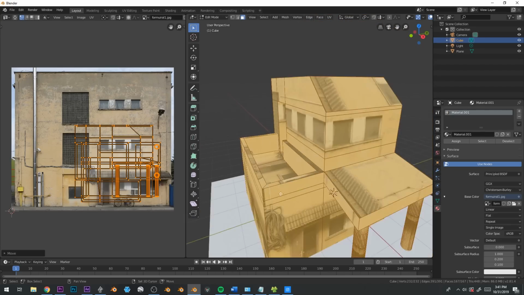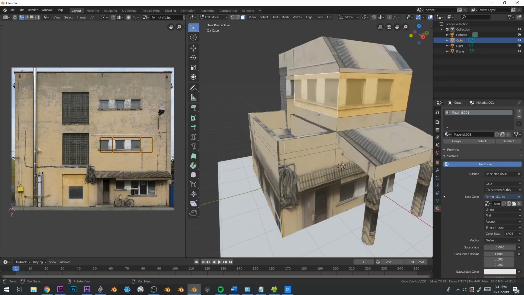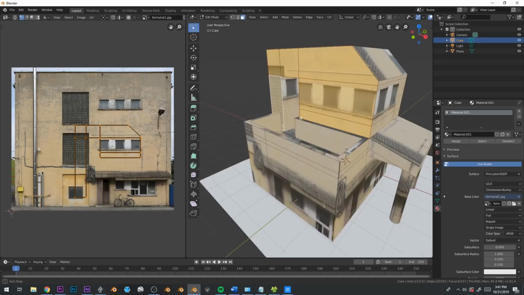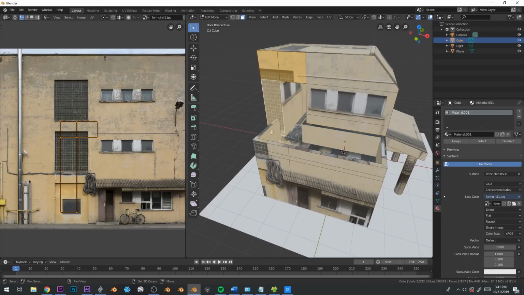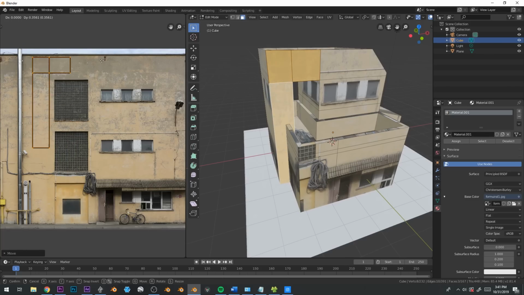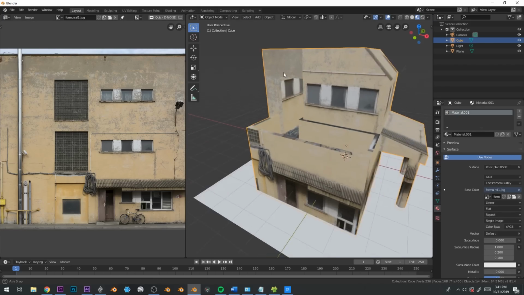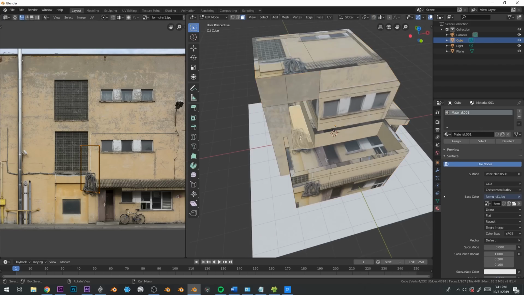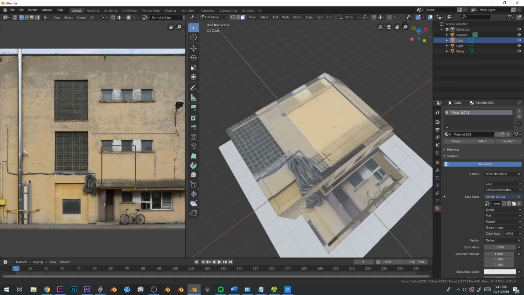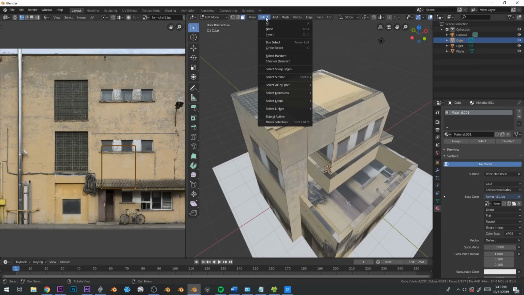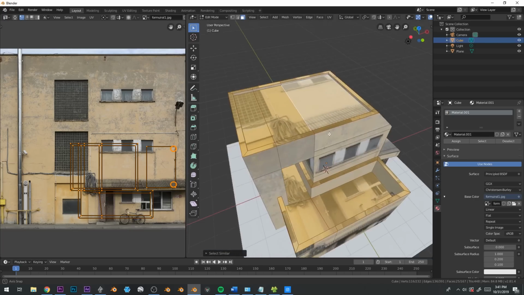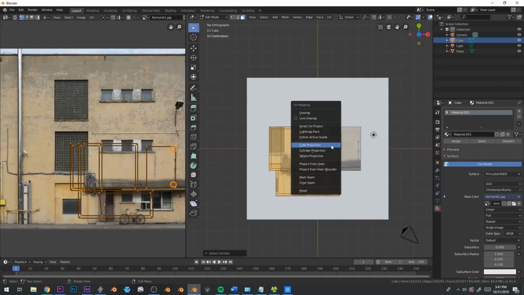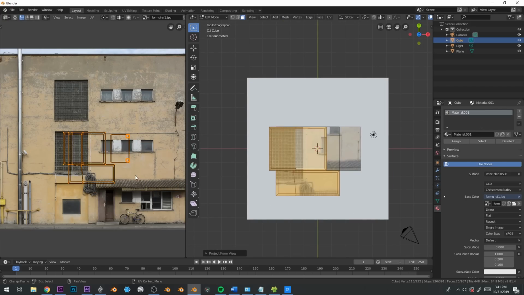Okay, so now that we have this set up, we're just going to go through and select all these faces right here. And I'm gonna scale this out and fix that. This grill right here is kind of weird, so I'm just gonna grab this bit. It's kind of weird that pipe just cuts off like that, but we'll fix that later. Here, this is kind of fun. With this face selected, we're gonna go Select, Similar, Normal, and now every vertical plane is selected. So I'm just gonna reproject all of those from view,